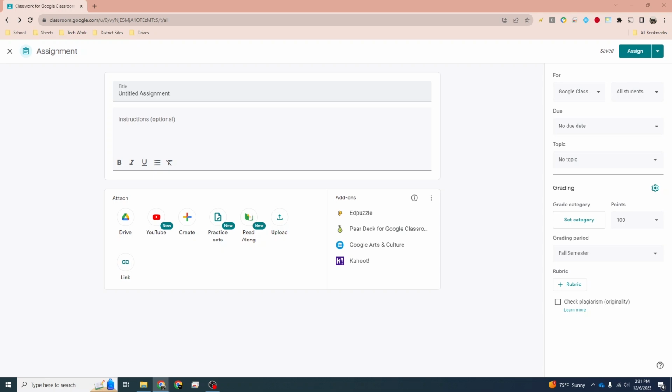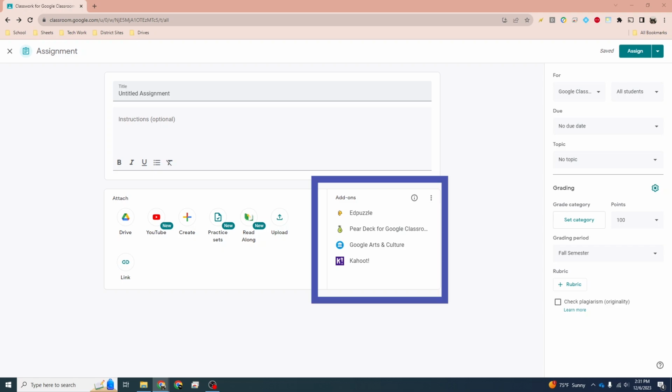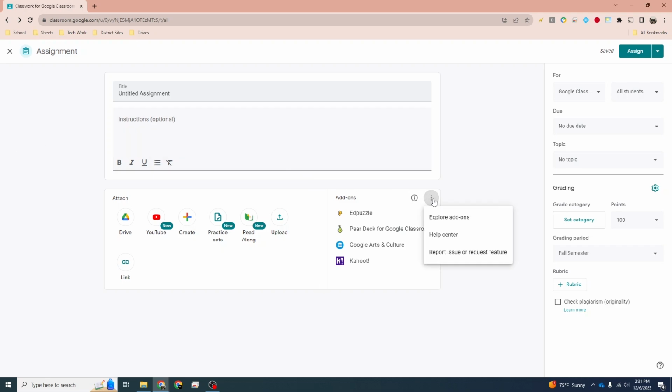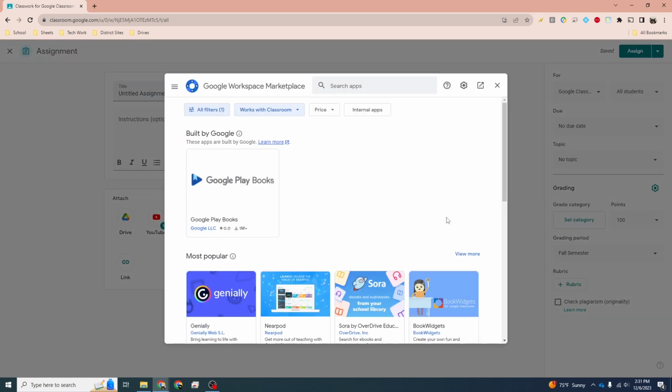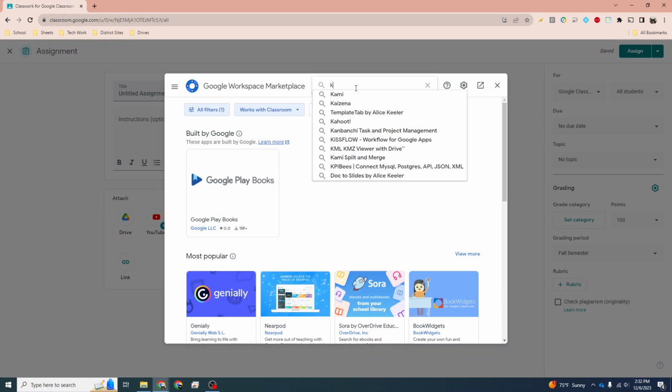First, I have a Google assignment opened up. Next, I want to click on the three dots in the add-ons section. Then I want to select Explore Add-ons. The Google Marketplace page will open up, and then you can search for all sorts of apps that integrate with Google Classroom. I'm going to go ahead and type in Kahoot,